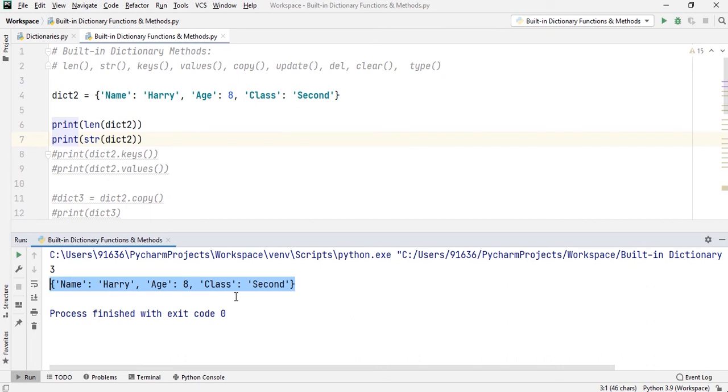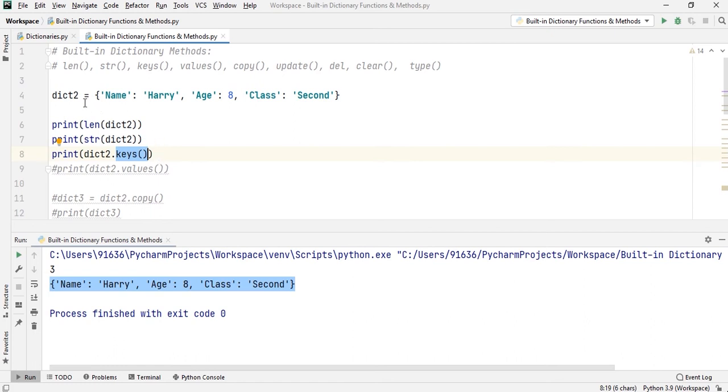The third one: if you want to know what all keys are associated with a certain dictionary, you can use the keys method. I will delete this comment, and you can see here, after writing the name of the dictionary, if you use the dot operator and then the keys method, you can print the keys associated with that dictionary.